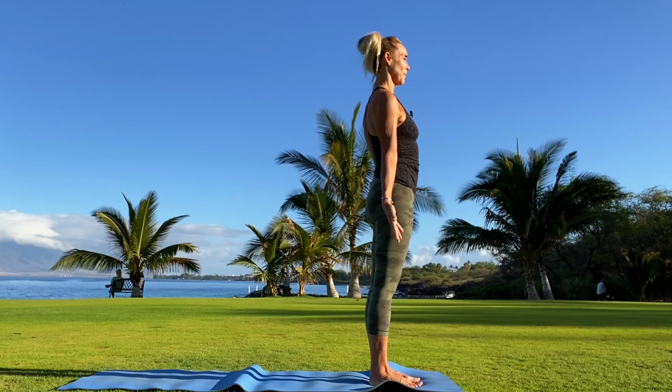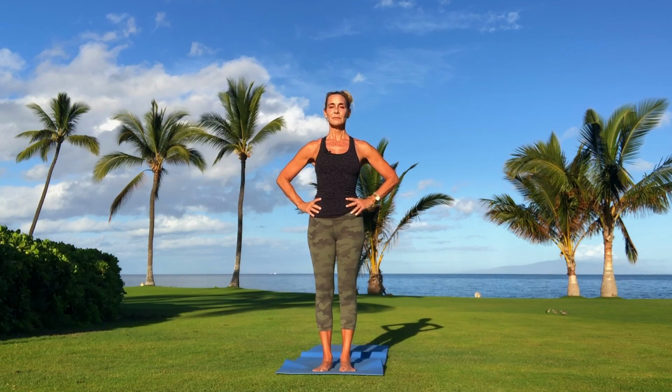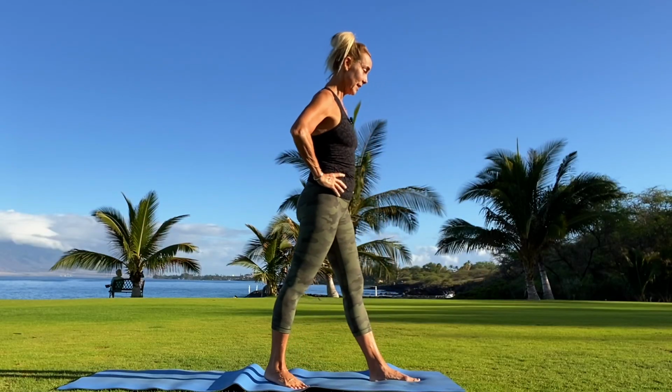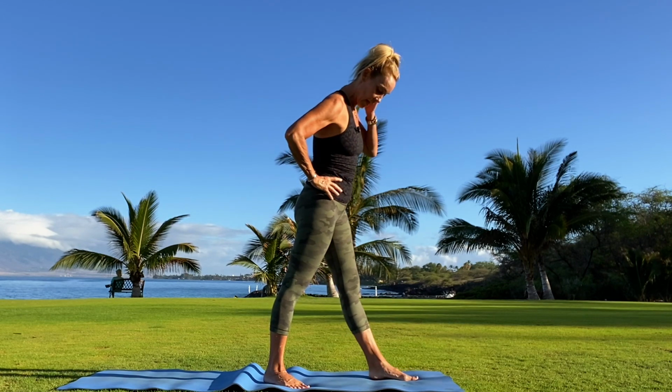Good. Now bring your hands to your hips. Step your right leg back. Keep the left leg and foot where she is. Now,